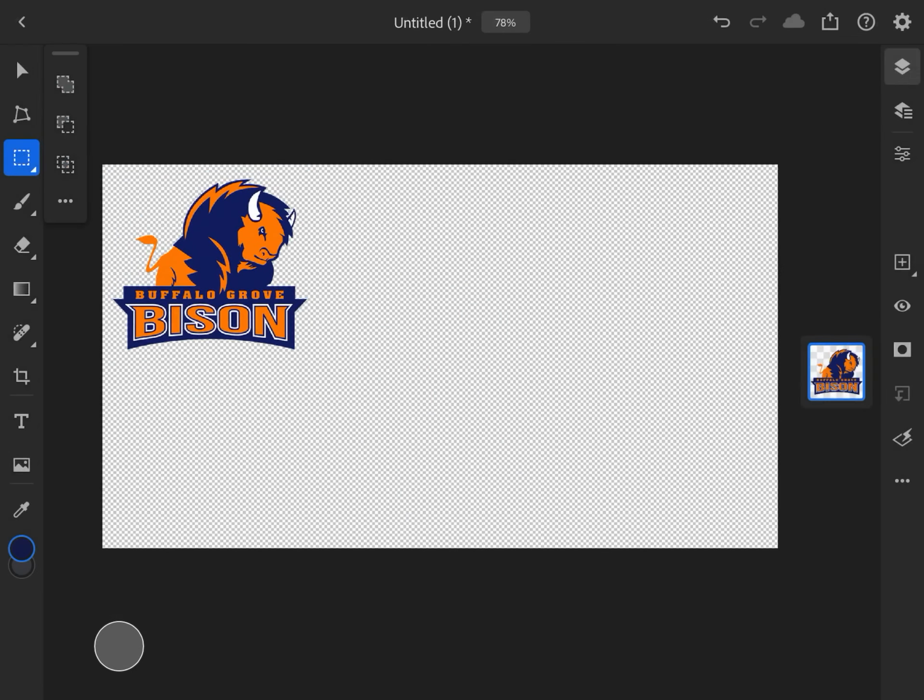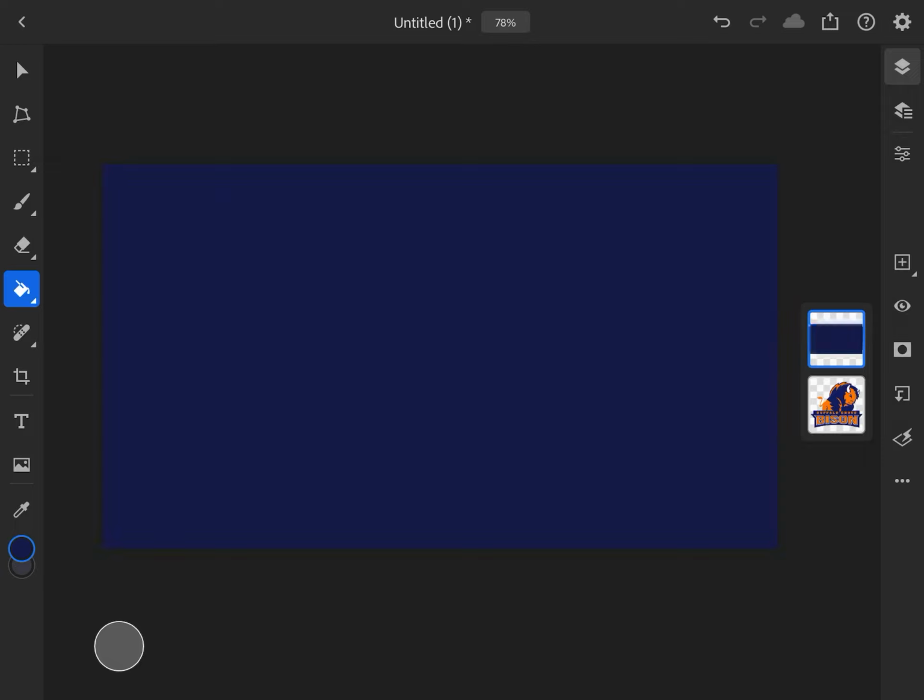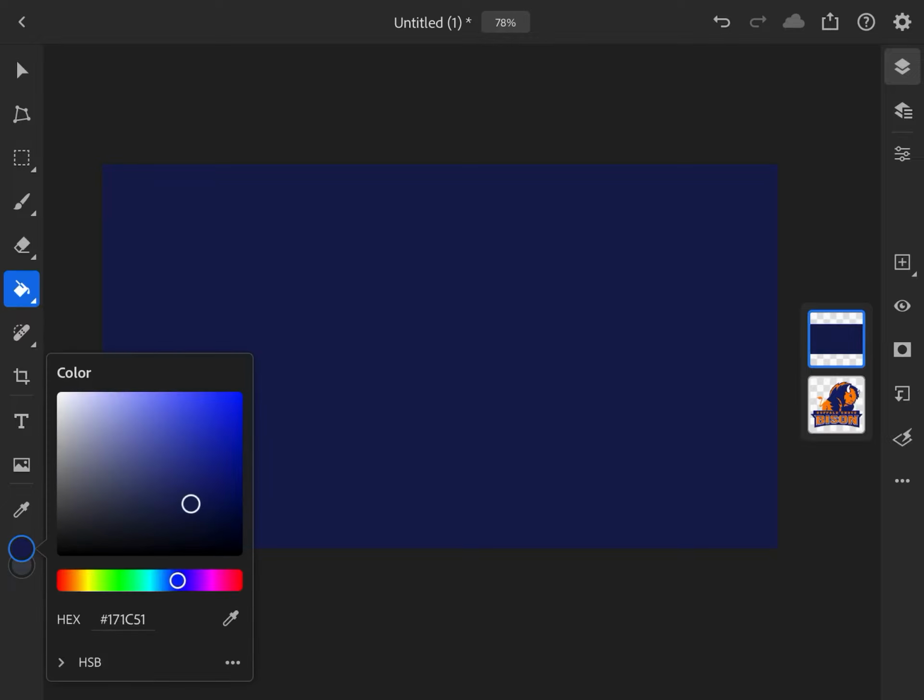All right, now I would like color in the background, right? I don't really want a transparent background. So over on the right, I'm going to click the square with the plus, and that's going to create a new layer. To color that layer in, we're going to look down towards the middle of your toolbar for the paint bucket. As soon as you tap with the paint bucket, it will fill your layer with whatever your foreground color is. So if I wanted to change this and pick a different color, I can pick a different color